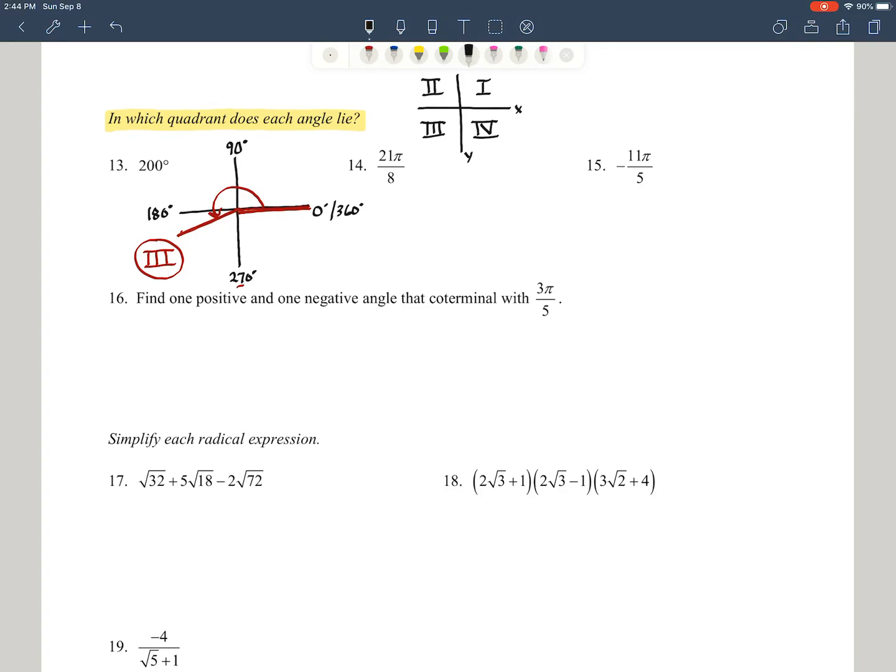For the second one here, we've got 21 pi eighths. So that's an improper fraction. If we took that and turned it into a mixed number, 21 divided by 8 is 2 with 5 left over. So this is 2 5/8 pi. Or we could read that as 2 pi plus 5/8 pi. So when we're looking at that angle that would be formed here,